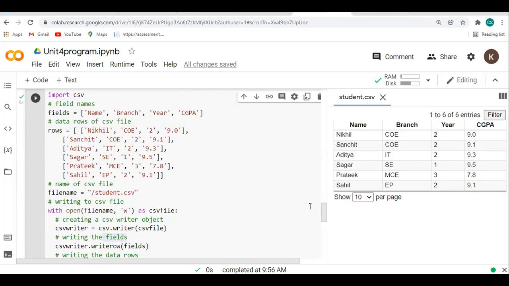Okay, any doubt regarding the write operation in the CSV file?